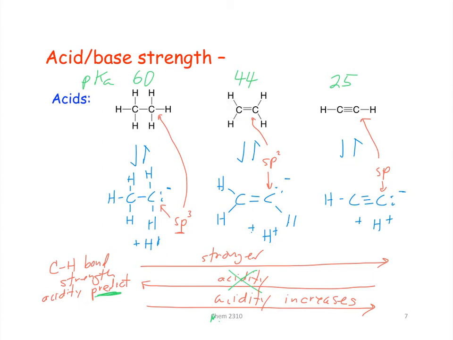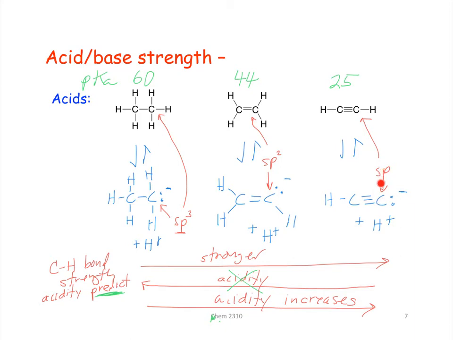So the argument goes like this. When we have an atom like this one here that is sp hybridized, we'll use the same rationale we used when we talked about bond strength, right? Greater s character